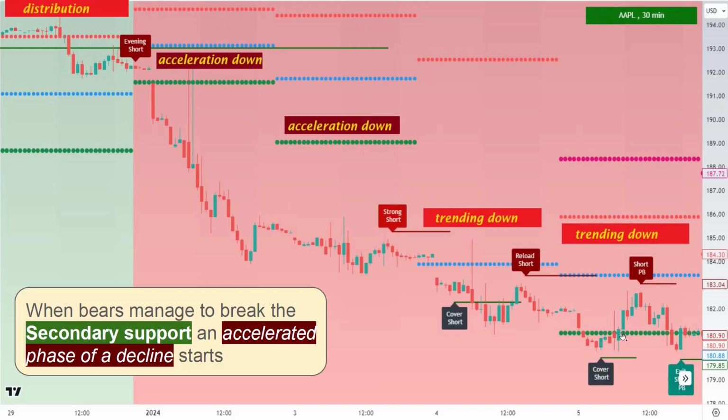then bulls managed to reclaim that support over the day, and another attempt later in the afternoon to break under that level, and again bulls reclaimed it. So that was a double failure of bears. That was not the turn yet for bulls, but the double failure was a warning sign that the bearish move